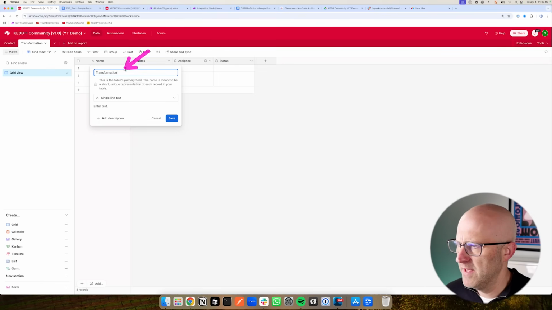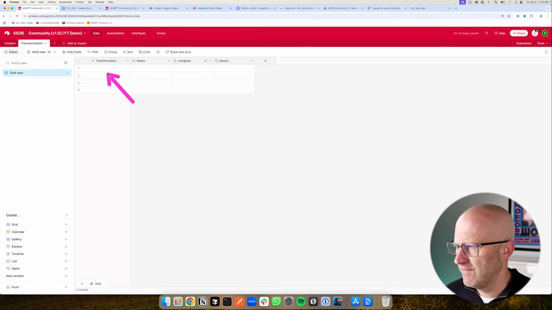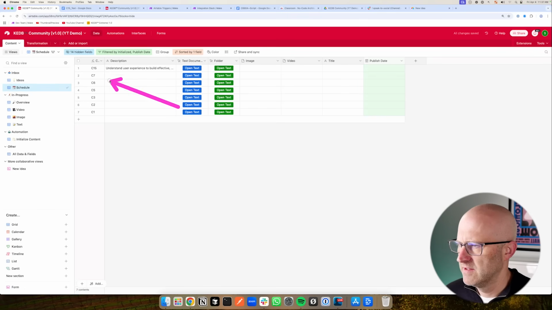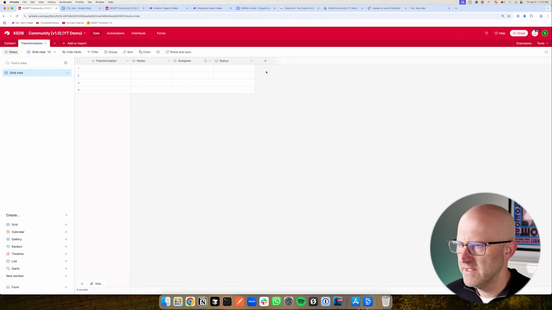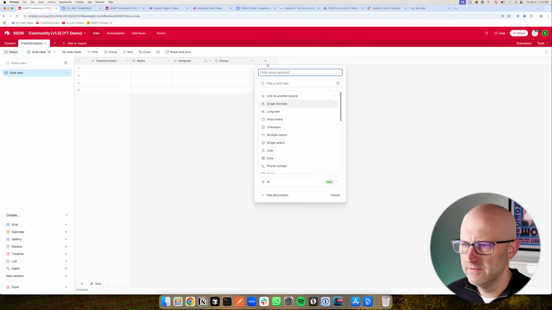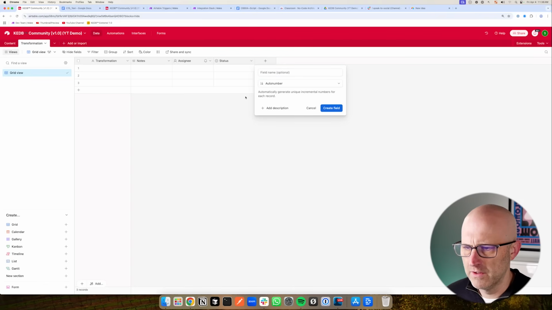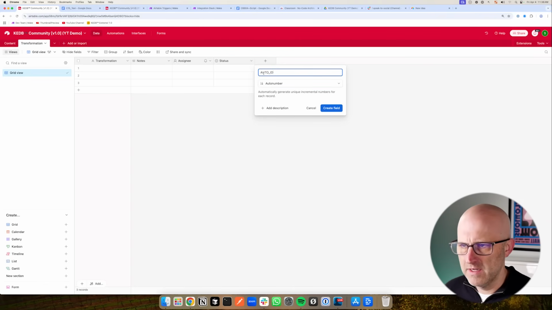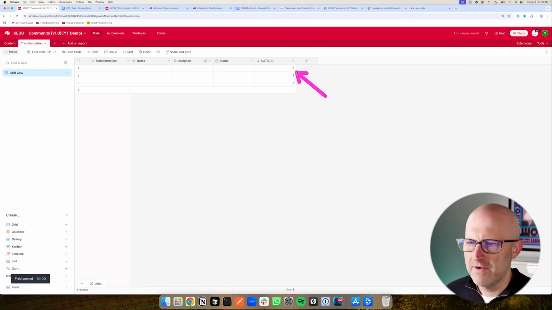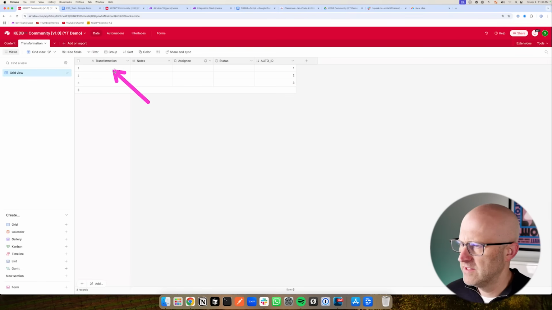And I'll explain a bit as to why, in this case, I use a text field, and in this case, I'm using this ID. Now I might still create an auto ID field. So I'm going to come down here because it's always nice to have a field that you know for sure. Again, I'm going to call it auto ID. It's nice to know that you have a column with an ID in it that is unique and you can always count on that. But in this case, it's also nice to have a text field here because